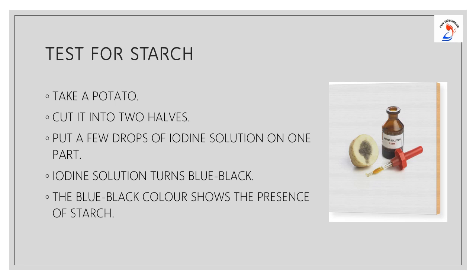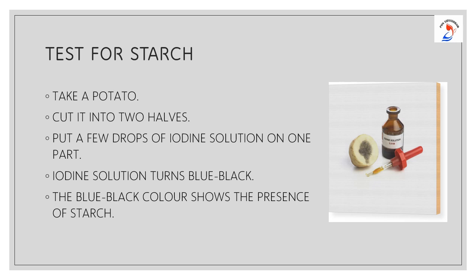Children, now you know why we eat different parts of the plants. Yes, because plants store their excess food in the form of starch. Now we will do a simple activity to check whether the food items have starch in them. So what do we need for that? A potato and iodine solution. Come children, we'll try it.